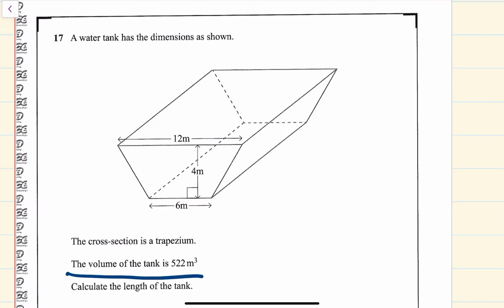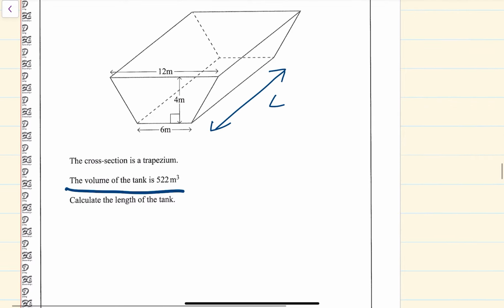The volume of this trapezium prism is 522 meters squared. Calculate the length of the tank. Okay, right. That's what I'm trying to find. Let's write in what we know. Volume is equal to the cross-sectional area times length. And we know